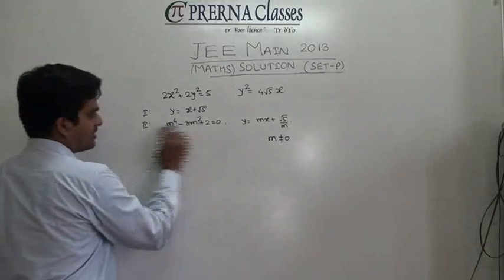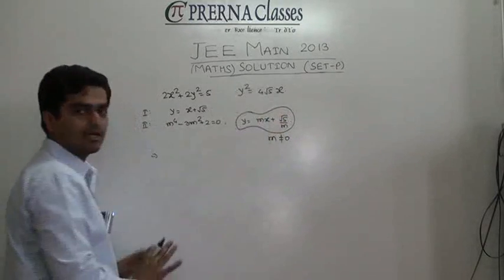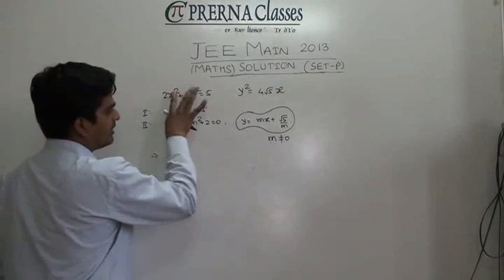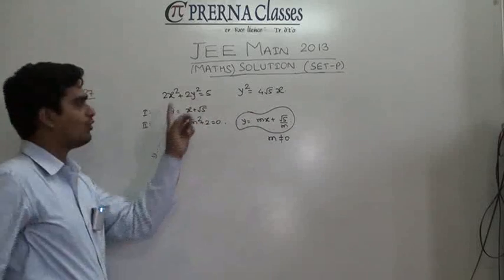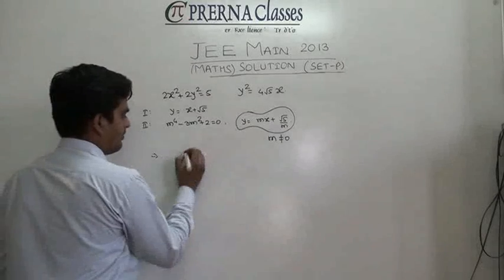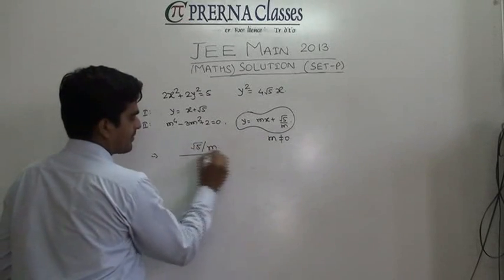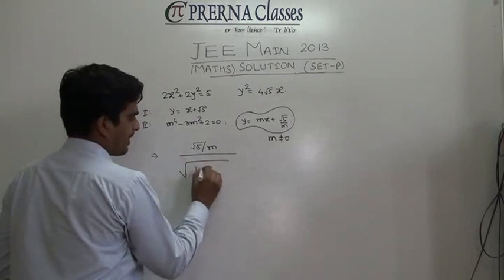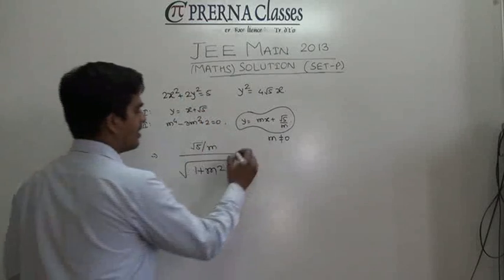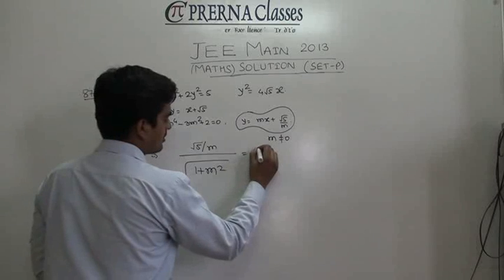See, in this case, the way this second statement is given, it is perfectly fine that this kind of equation is going to be a tangent to that for every m. If this line is tangent to this circle, then the perpendicular distance of the origin, that is the center of the circle, from this line should be equal to the radius. If we utilize that fact, we end up getting this is what is the perpendicular distance of the origin from this line, and that should be equal to the radius of this circle, which is